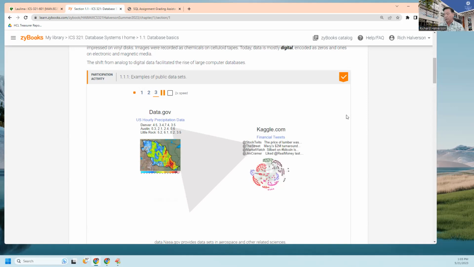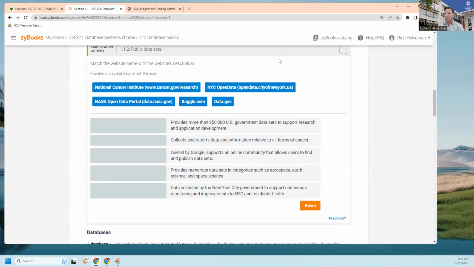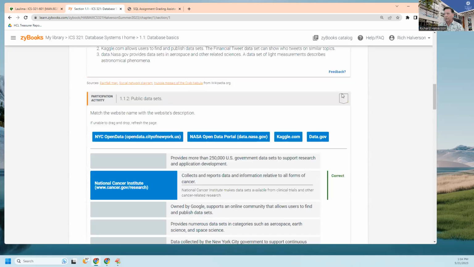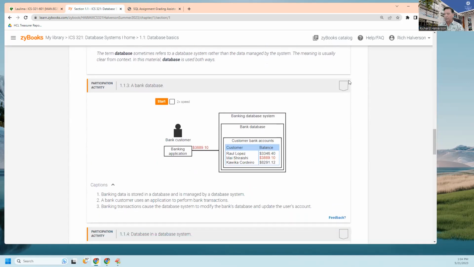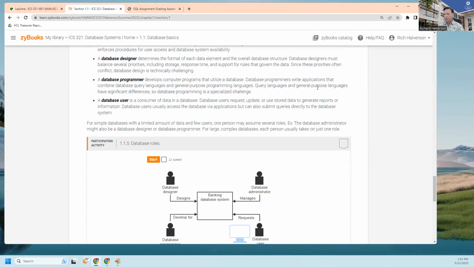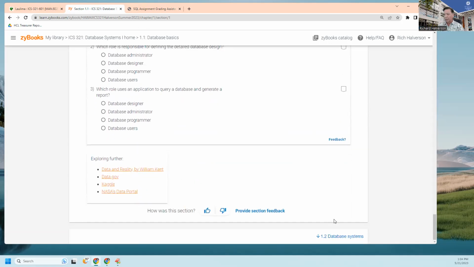And so this, pay attention to this. You see the different kinds of public data sets. This is sort of a drag and drop thing. You get all those correct, and you get the badge up above. Same with these. You click through these. So this is how the textbook works. Nice animations, and